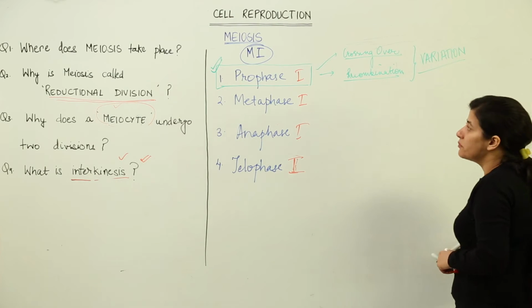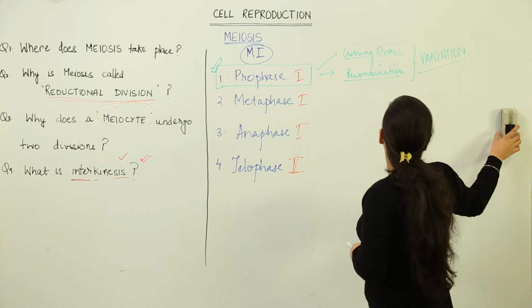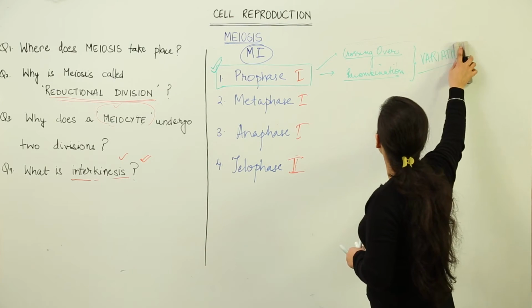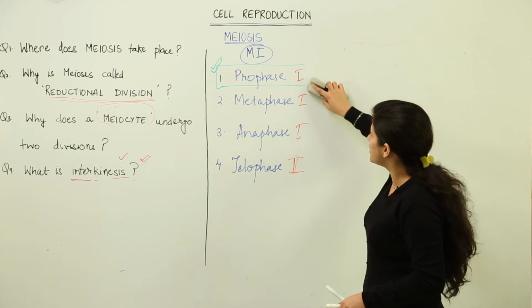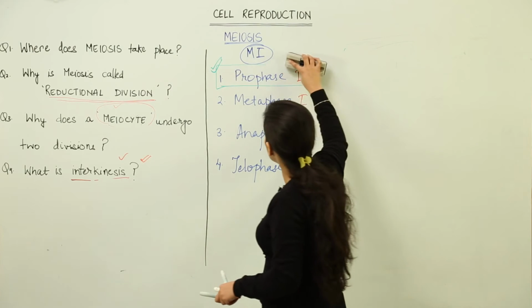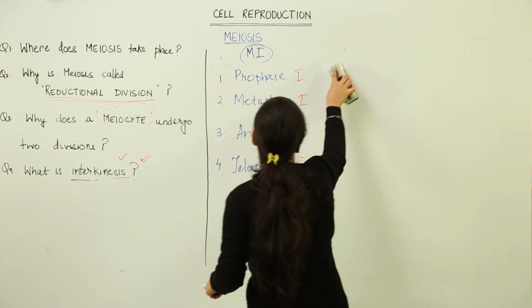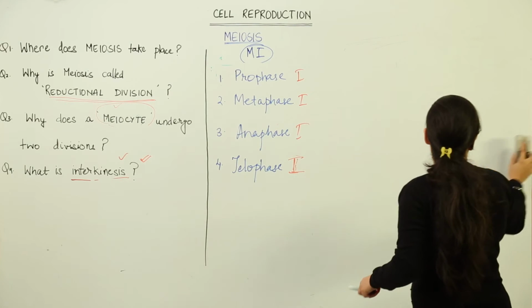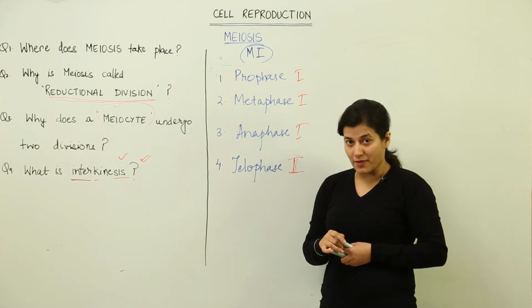You might not resemble your parents completely. There is a chance that two brown-eyed parents can give birth to a blue-eyed offspring. So all this occurs because recombination and crossing over has taken place during prophase 1 of meiosis. Now what is this prophase? Try to recall your knowledge of prophase, metaphase, anaphase and telophase from mitosis.